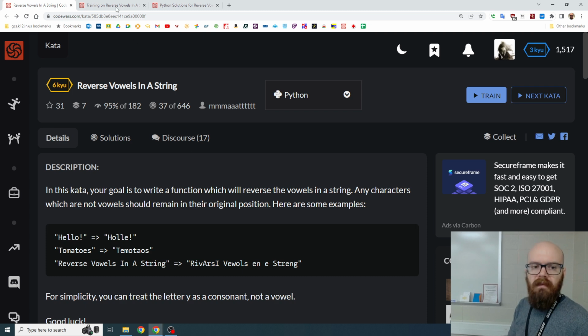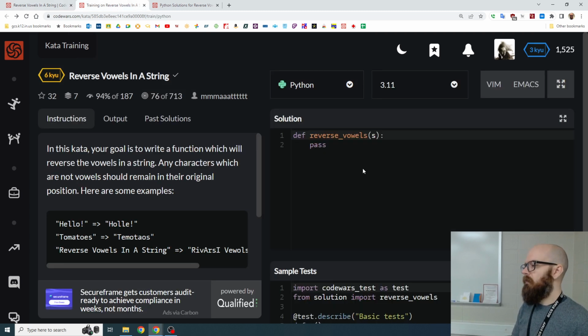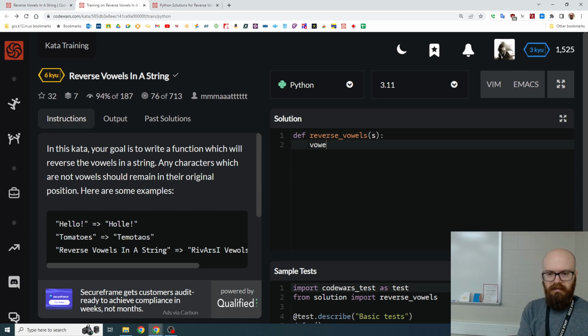So in my mind, this is 3 parts. 1, we have to identify a vowel. 2, we have to identify all the vowels. And 3, we have to reverse them. So let's do that. I'm going to make a function called vowel, and it's going to be a lambda because